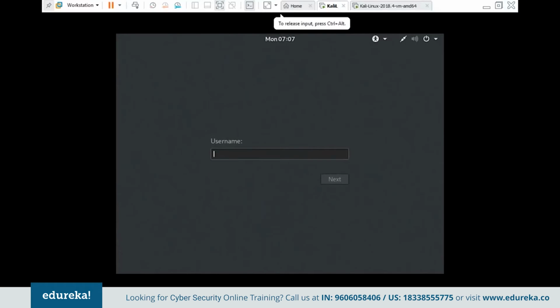So guys, yeah, once the installation is complete properly, it should take you to this screen. So if you remember, you've given a username and password during the installation process. But if you're logging in for the first time, basically just give it as root. Otherwise, you'll get an error. Later on, you can change your username and password.